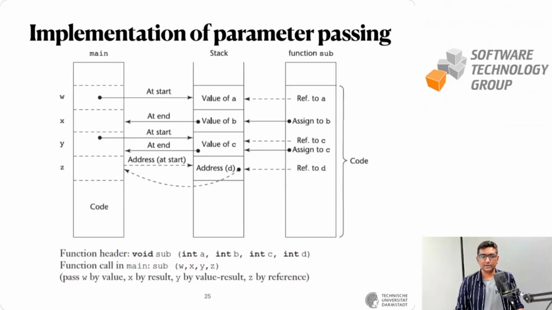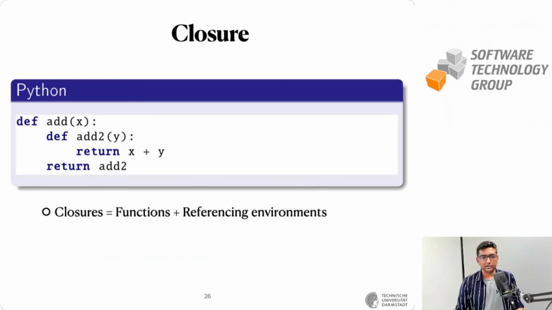Right? So now that we've discussed different kinds of functions, different kinds of parameter passing, different kinds of parameters, I want to end with a rather complex concept called closures, which is a variant of nested functions. This is, again, as I mentioned, quite a complex concept, so I'll just provide a glimpse of this in today's session. So closures are essentially functions which also have a referencing environment, and they can be considered a variant